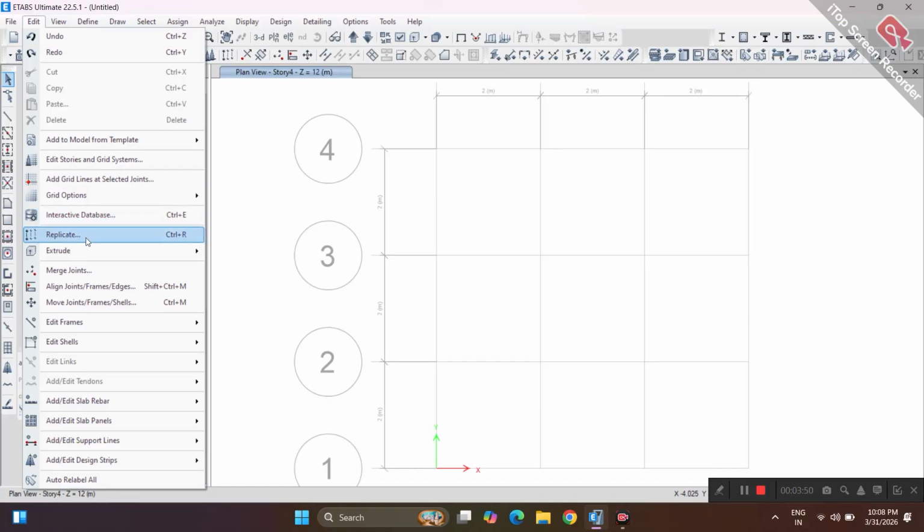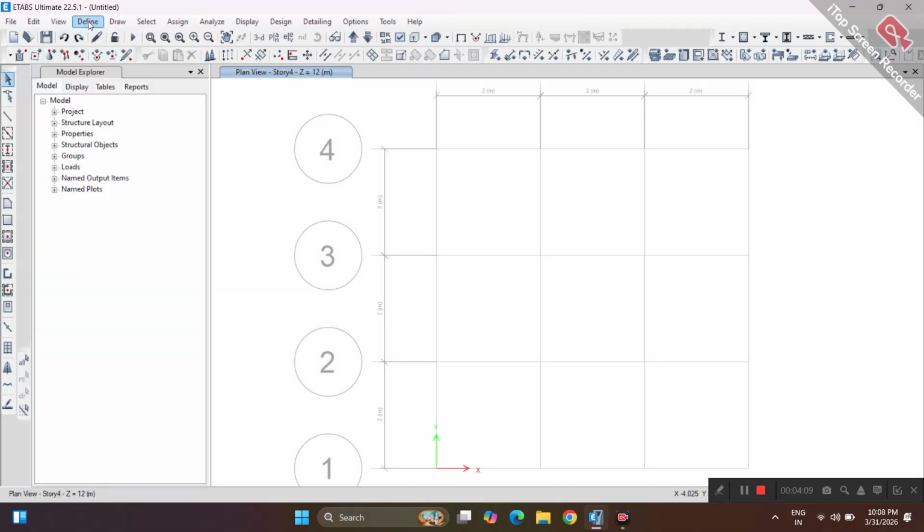This is the replicate option. Replicate is like that we can move, or we can copy one beam to another point at a certain distance. This is like that. Extrude. I cannot explain all these commands in a single video. I am just going to tell you about